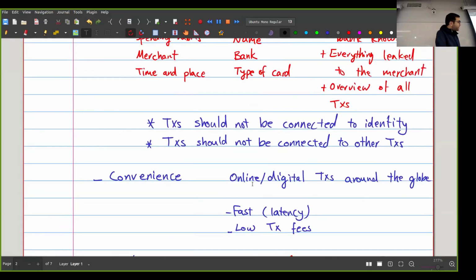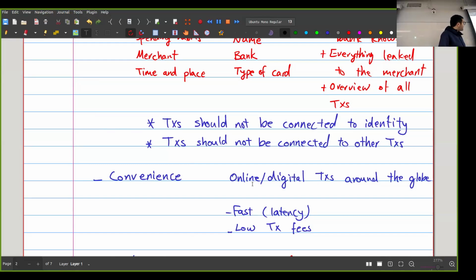And then there is another thing, which is much less important in this course, because we're people who care about security, and that's convenience. And unfortunately, convenience is the reason why a lot of people are using digital banking products and digital payments. Don't do that, use cash. And that's really the thing that I hope you will be convinced of by the end of this course, that you should always use cash.